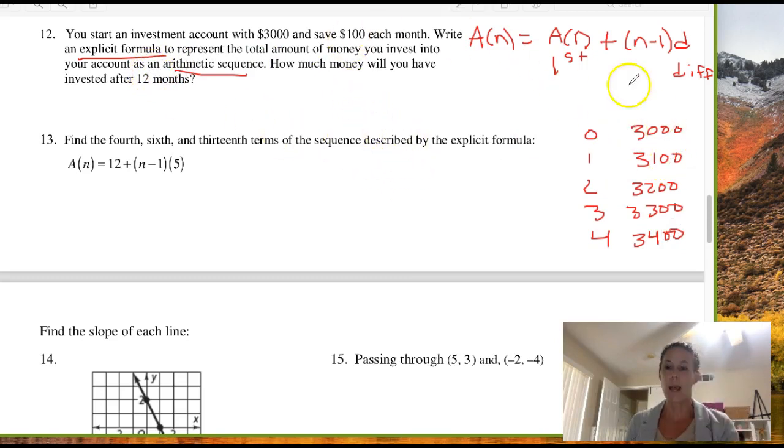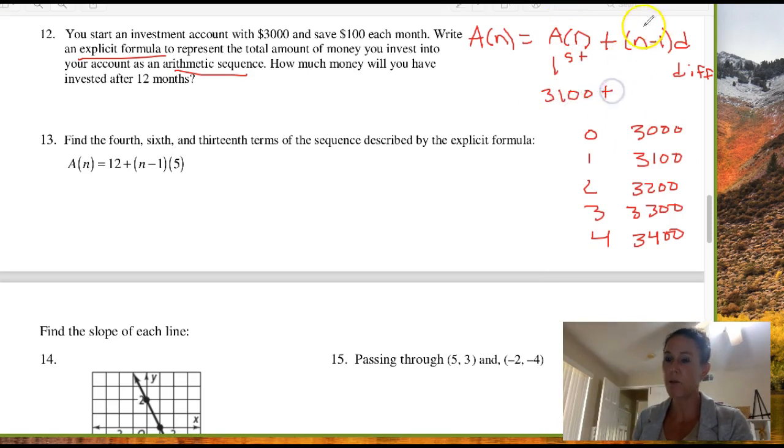Now, but we want to have a pattern here. And this is how arithmetic sequences work. You start with your first term, which isn't 3,000. Your first term is actually 3,100. So you start with your first term, 3,100. And then you're going to do the number of terms you want minus 1 times the common difference. For example, if I wanted my third month, which would be 3,300. Let's say I wanted my third month. I would start with 3,100,